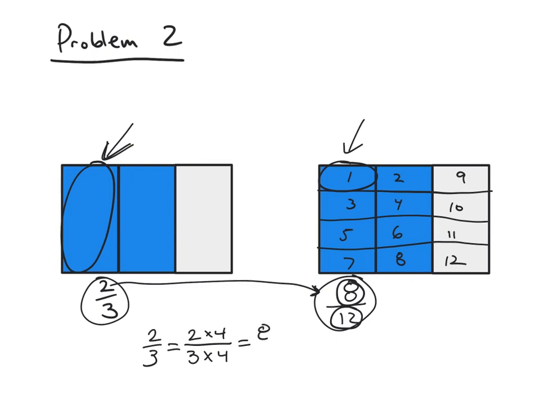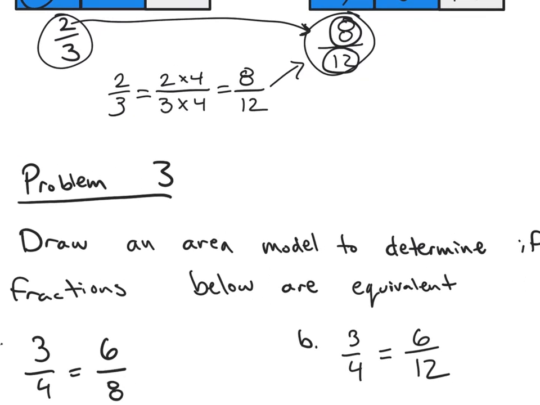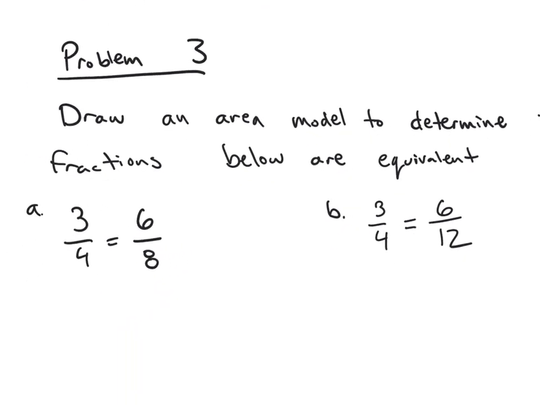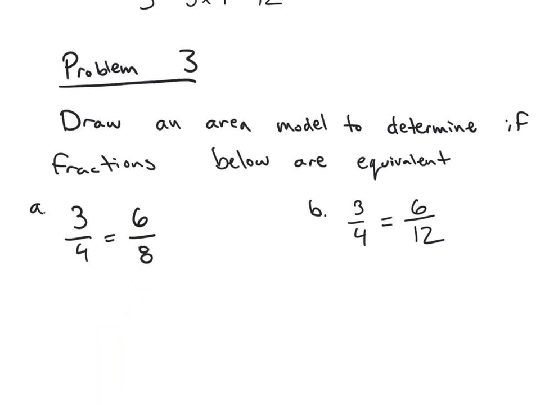And so I get 2 times 4 equals 8, 3 times 4 equals 12. And I checked and I showed with the area model and multiplication that 2/3 is in fact equal to 8/12. So that's kind of connecting it to our last couple lessons with using the area model. Let's take a look at one more problem that involves the area model, but uses a little bit more multiplication